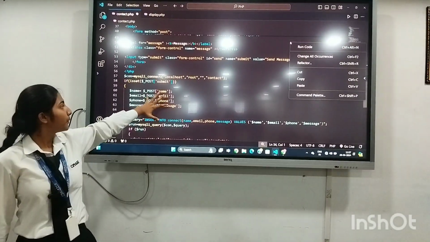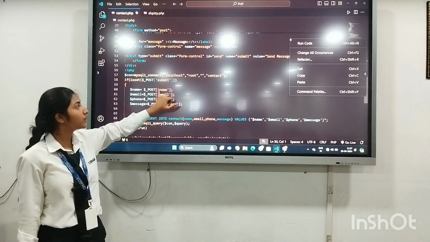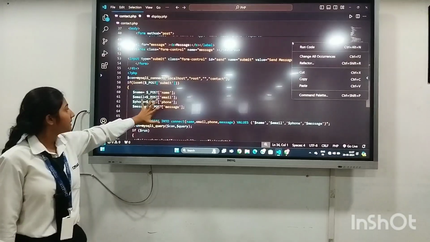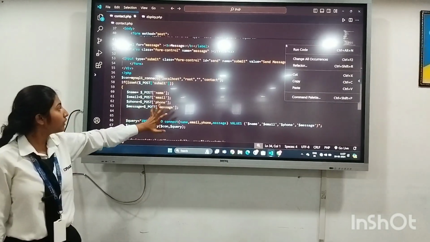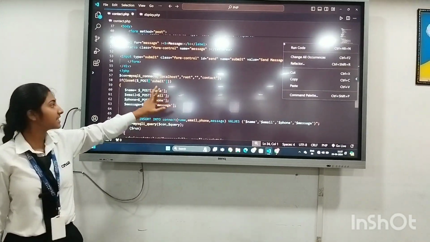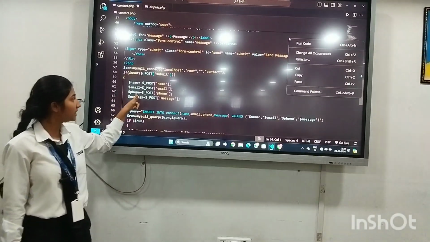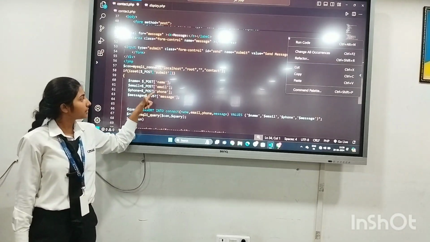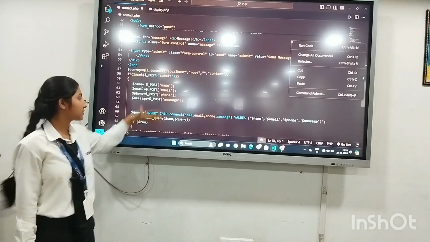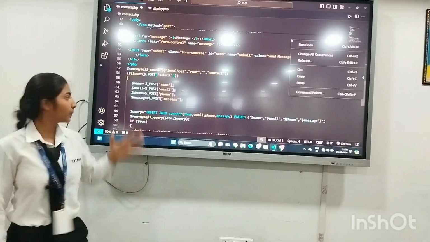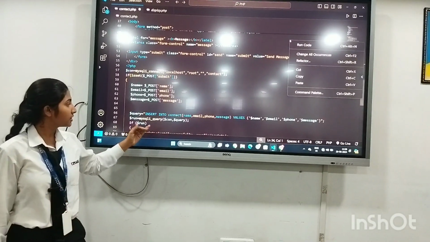So here post collects the data from the input whose name is name, and the value of the input whose name is email will be stored in the email variable, and the value of the input whose name is phone will be stored in the phone variable, and so on.